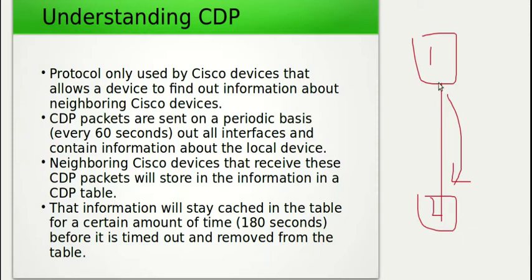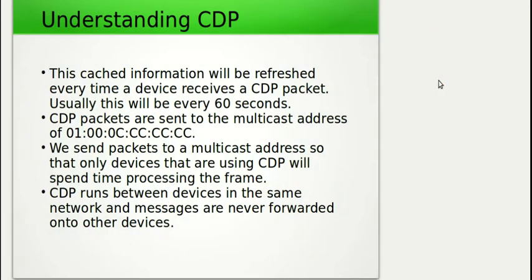So the way it works is that switch 1 will send CDP packets every 60 seconds, and switch 2 will receive and cache that information. The information will be stored in the table for 3 minutes by default. Every time switch 2 receives a packet from switch 1, it's going to refresh that timer back to 180 seconds and refresh the information. And the same thing works both ways. So switch 2 will be sending switch 1 CDP packets every 60 seconds. The information is stored in the CDP table on switch 1 for 180 seconds. So with CDP, this cached information will be stored and will be refreshed every time a device receives a CDP